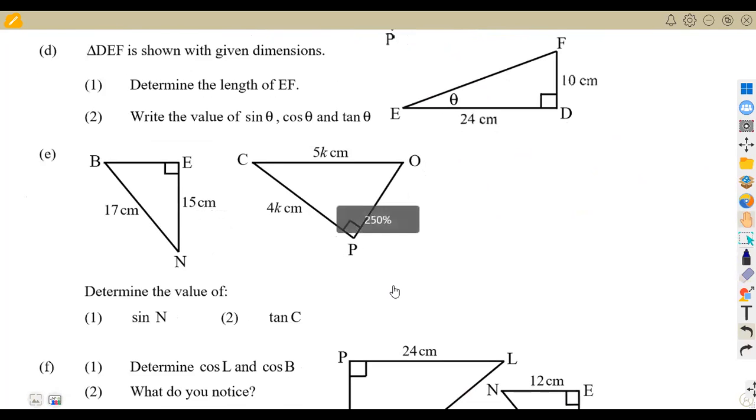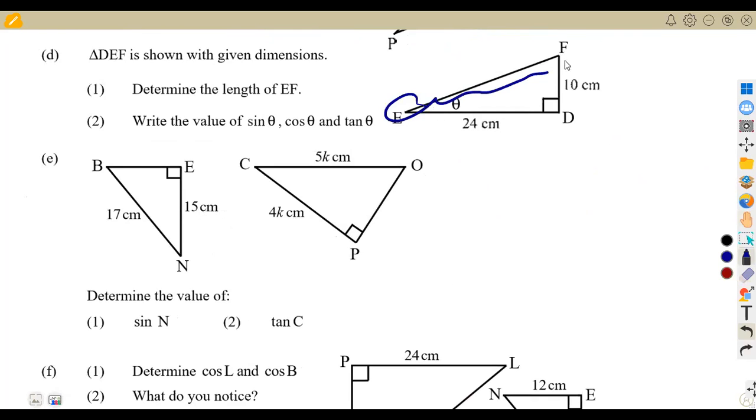We are given triangle DEF shown with given dimensions. So these are the dimensions of the triangle. Determine the length of EF. All right, so we are now back to the Pythagoras theorem to determine the length of EF. Remember our Pythagoras theorem from our introduction. If you're given a right angle triangle with two given sides, you can calculate the third side, all right? Knowing that from our Pythagoras theorem, it states that the hypotenuse squared is equal to a squared plus